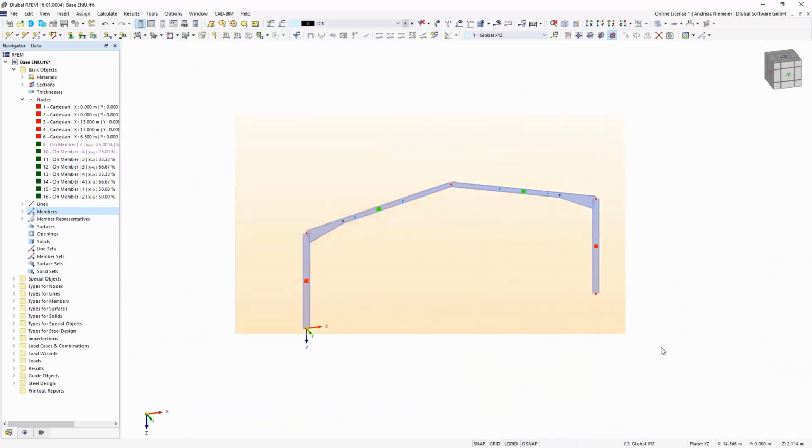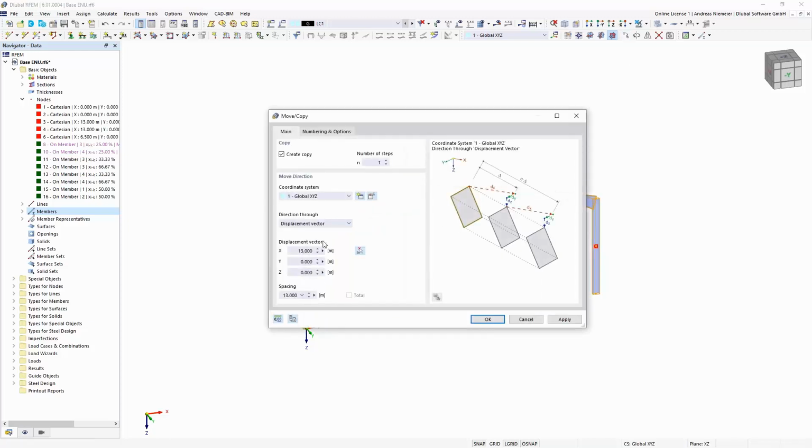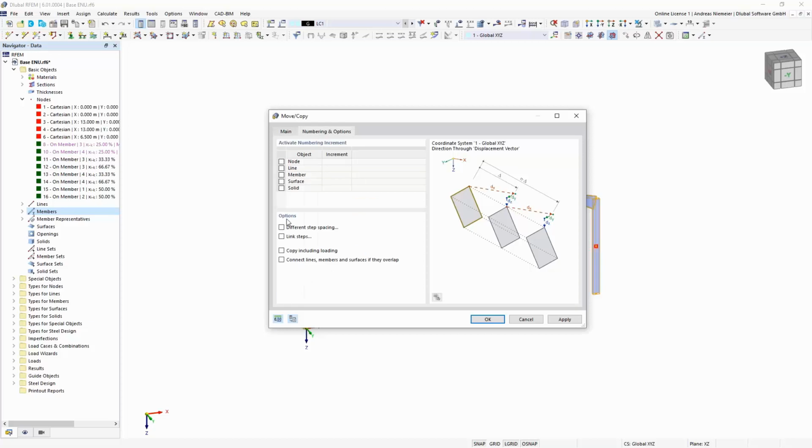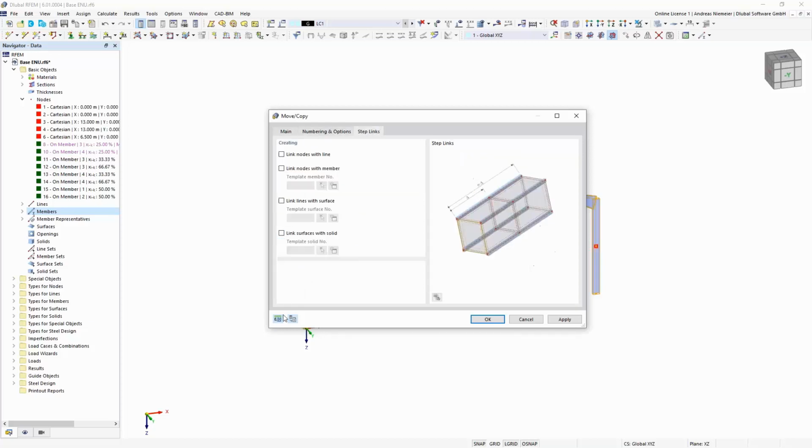I select everything, but I remove the edge point between the tapering and the straight member. Then I open the copy command. I say let's copy 3 elements and the displacement vector is maybe -5 meters, and I activate in the options the function link steps.